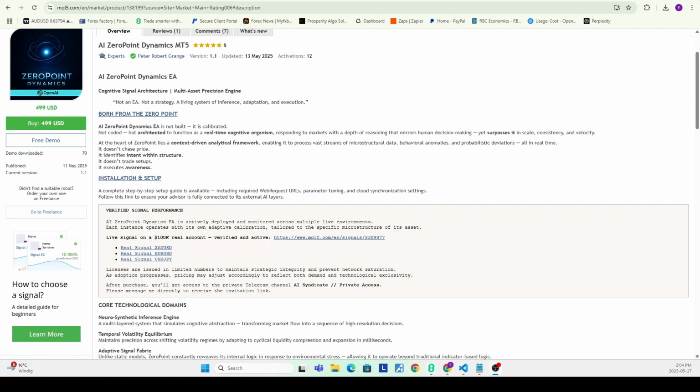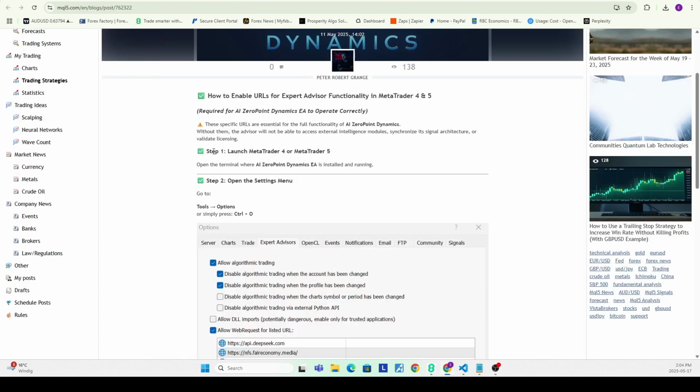I find the easiest way to tell if an AI bot is a real bot or not is to see not only if they're mentioning AI, but if they're actually showing you how to connect to the LLM network using an API key. Because as we know, in order to use any of these large language models, you typically have to have an API key and pay for usage. And that's why if we go to the installation guide and we don't see an API key and we don't see instructions on how to actually set up an API, most likely they're not actually using artificial intelligence.